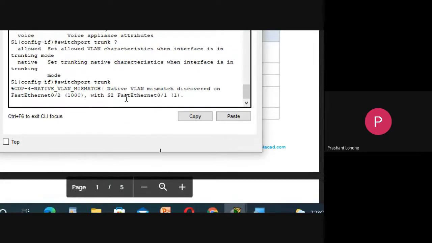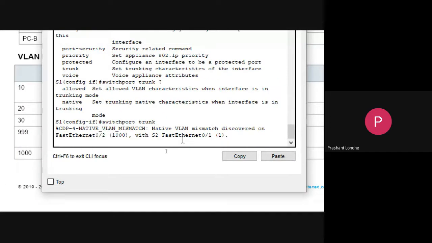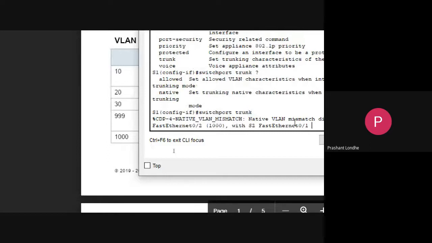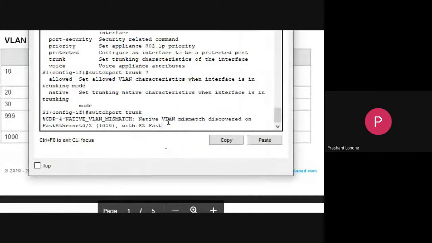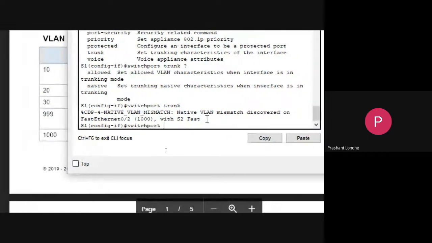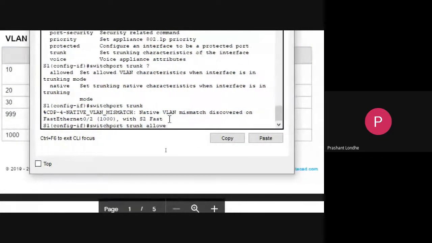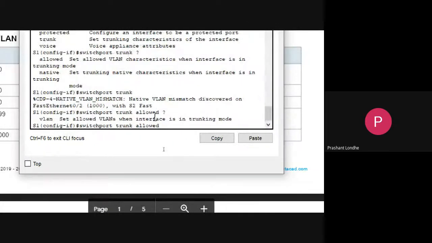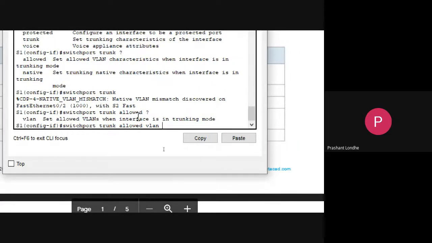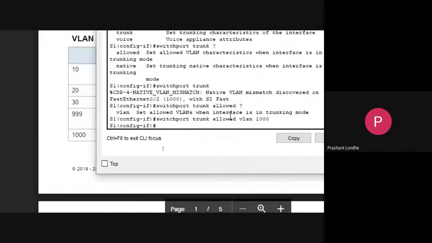It is allowed, so switchport trunk allowed question mark. Okay, VLAN. Fine. Then you can give the VLAN number over here. Okay, it is taken. Fine.